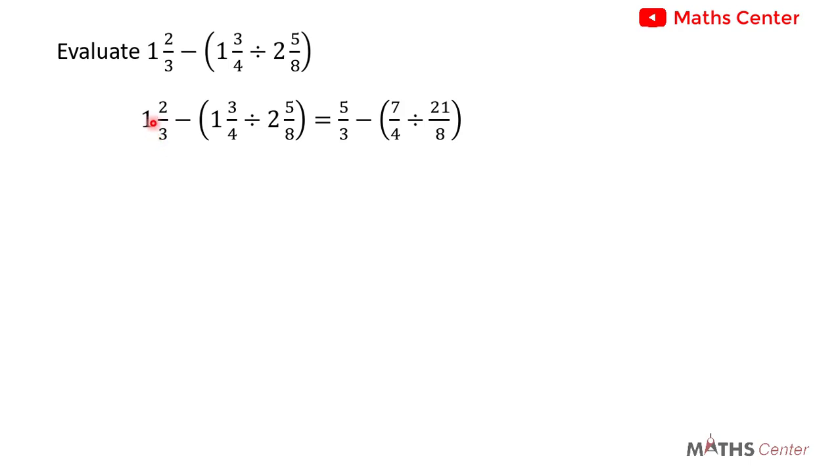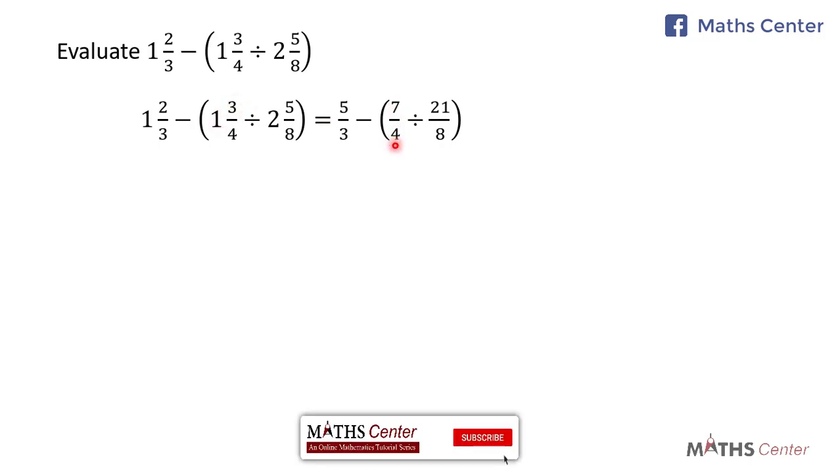The first one is 1 2/3. 3 times 1 will give us 3. 3 plus 2 is 5, and so we will have 5/3 minus, the first one in the bracket is 1 3/4. 4 times 1 will give us 4. 4 plus 3 will give us 7, and so we will have 7/4 divided by